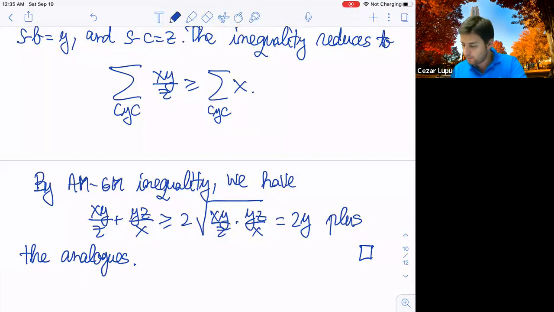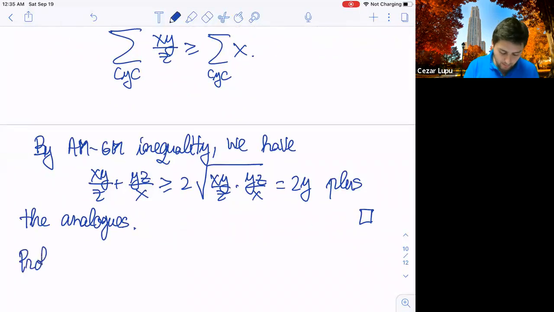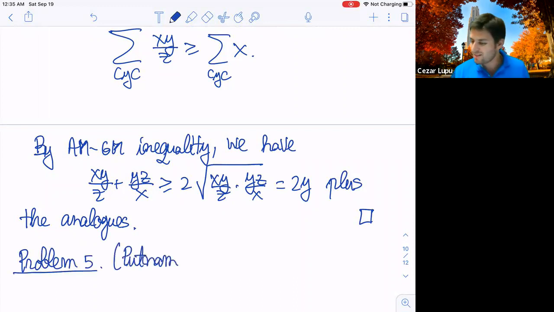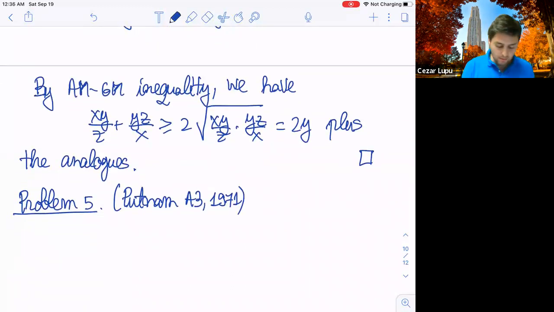And the next problem, which is problem 17, and it will be problem 5 in our discussion here, was in fact a Putnam problem. Putnam A3, 1971, a bit old, but anyway, still a nice problem, which says the following: